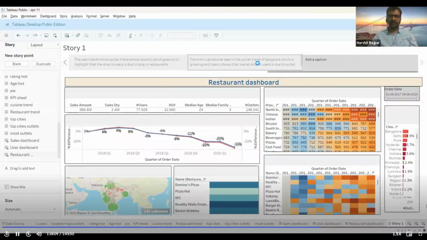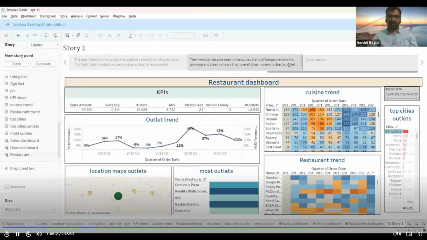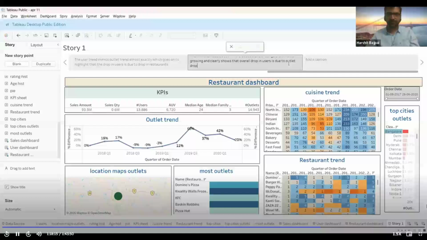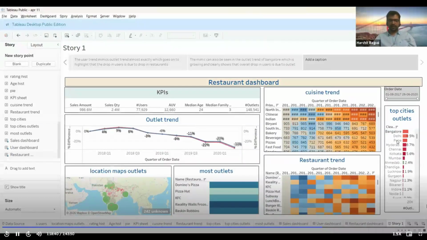Or here itself you could have said, the mimic can also be seen in the outlet trend of Bangalore, which is growing and clearly shows that overall drop in users is due to outlet drop. Hence, we analyze the outlet drop city by city level from topmost cities. Okay. So you go here and then you select